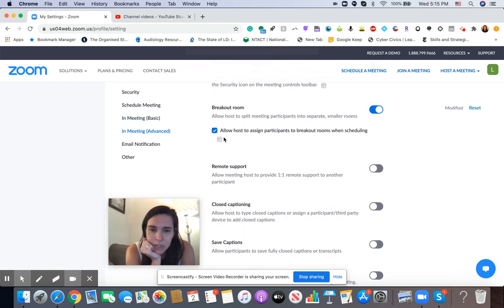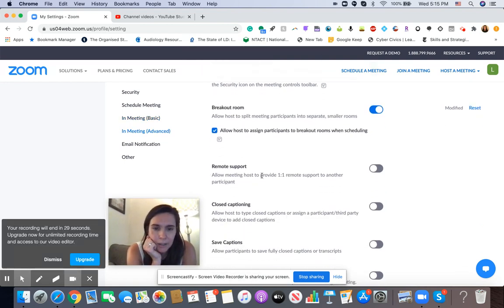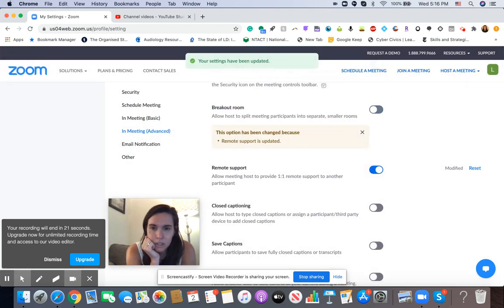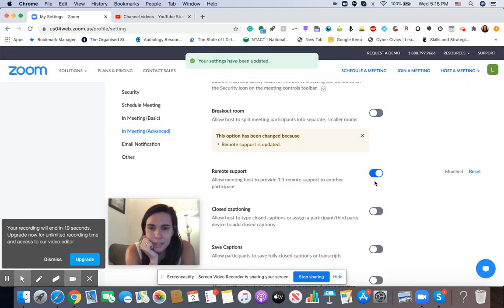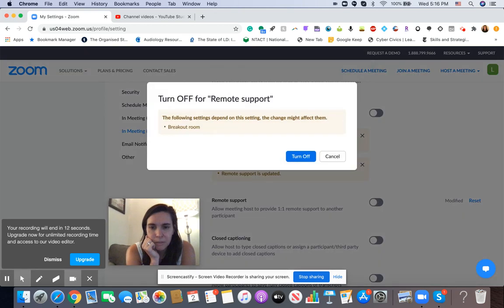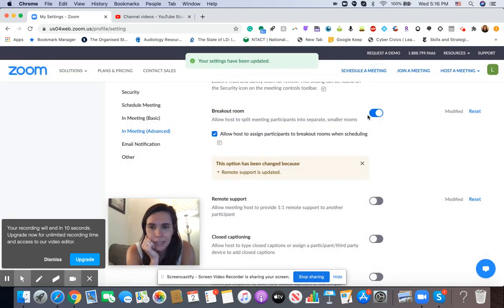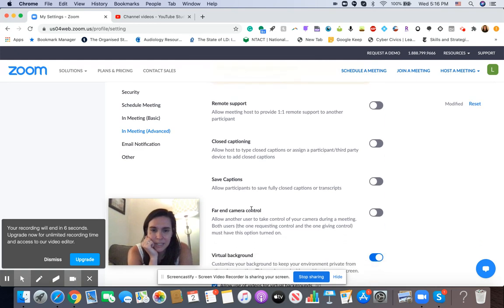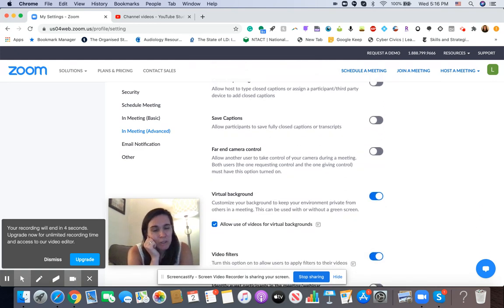I have never used the remote support feature, but that could be very interesting. I'm going to enable that just in case I ever need to do that. Oh, so it doesn't work if you have a breakout room. I would rather have the breakout room than the remote support, so I'm going to turn remote support off and breakout room on. And then closed captioning, save captions. It's up to you about the virtual background. Again, we want that to be